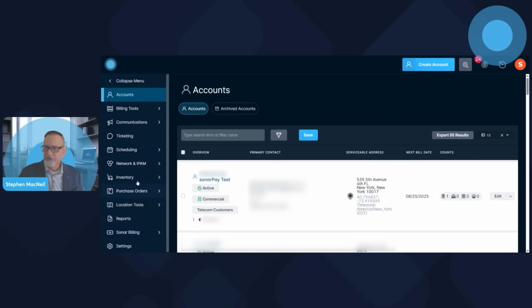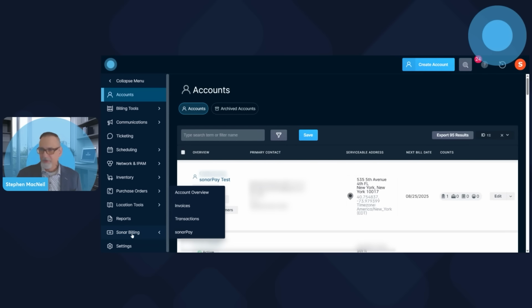The first part I want to go to is on the left-hand side, under the modules, Sonar billing. When you enroll in sonarPay, and we'll talk about that process in a moment, and we seat your merchant ID in the Sonar instance, you will have a little hyperlink called sonarPay.